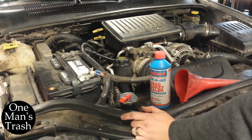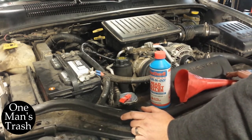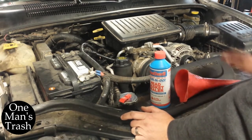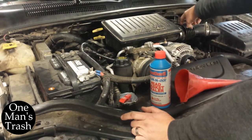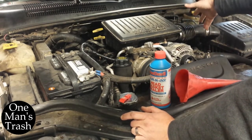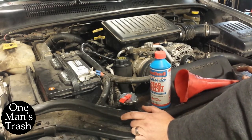What I am seeing is a little bit of white smoke out the back, and I am losing coolant, and I don't know where it's going, other than maybe out the exhaust. My theory is there's a head gasket leak in between these two cylinders, and it's leaking down and going directly into the combustion chamber, and that's why I'm getting the white smoke and the loss of coolant. So, without tearing the engine apart,